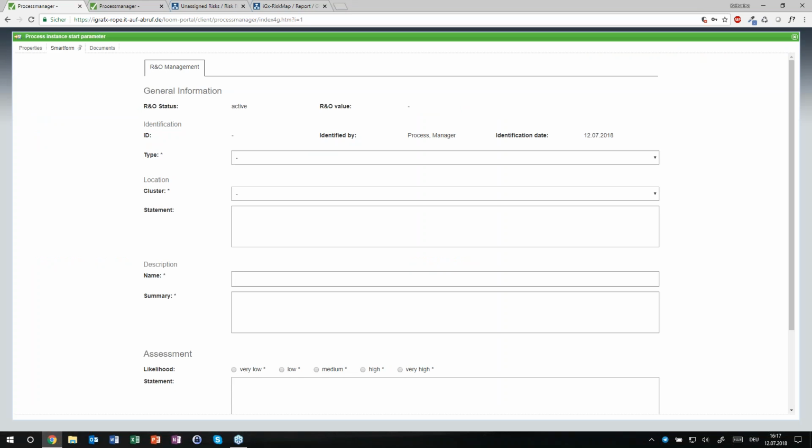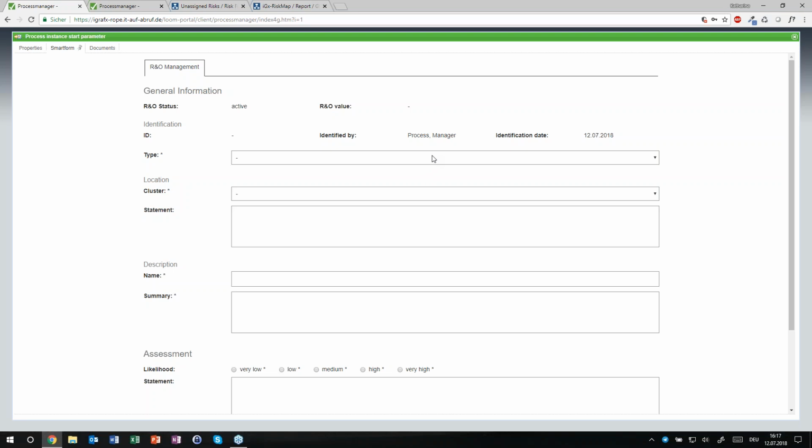So let me just start with the first part. Once I click the little plus icon, I can initiate a new process instance. And that means I'm now at the first step that we want to show, which is called risk identification. Always together with a workflow, we have typically something called a smart form, which is what you can see here. The smart form is a web-based form where people can enter information. So in the case of risk identification, you might imagine you have some kind of intranet where you have a button, people can click on that button and then open the risk identification form where anybody can leave a risk.